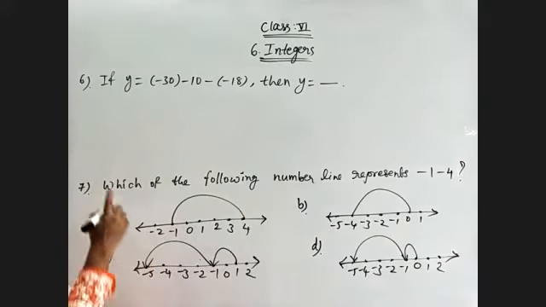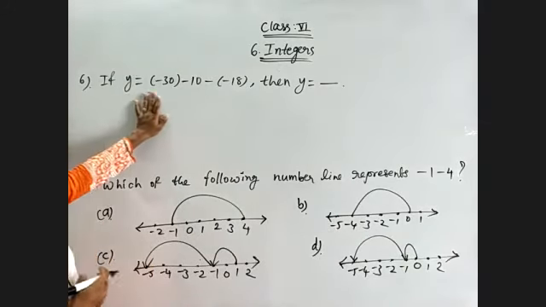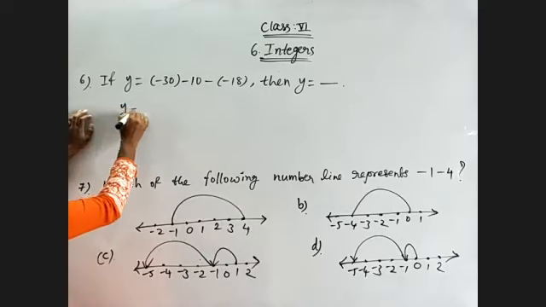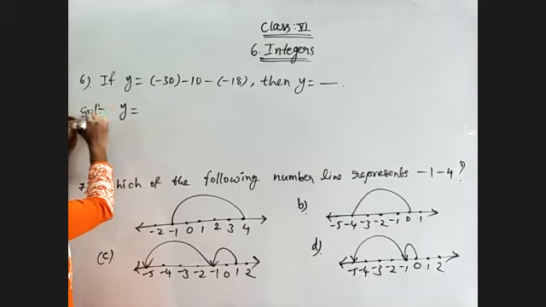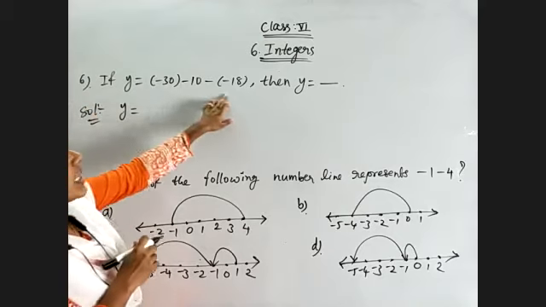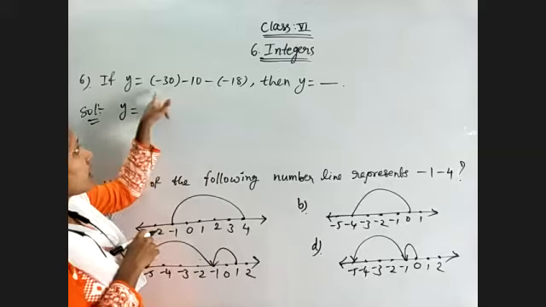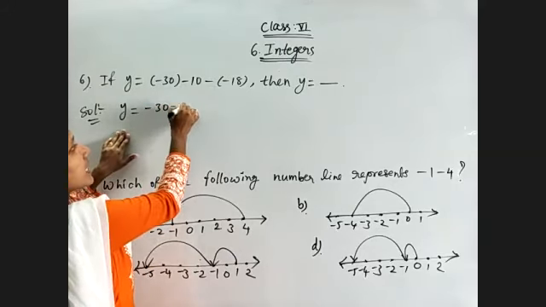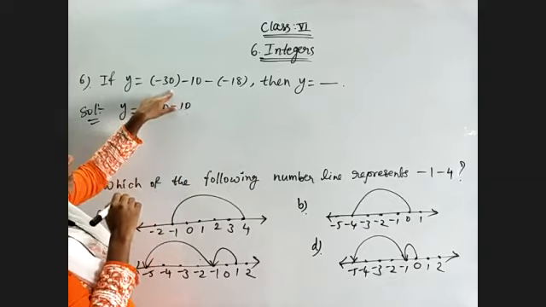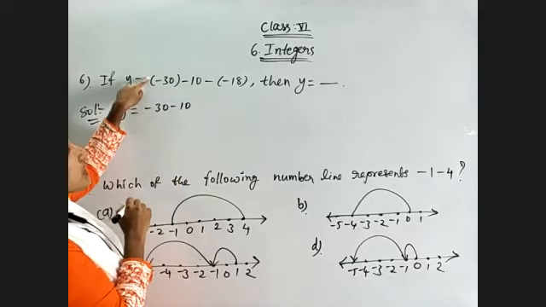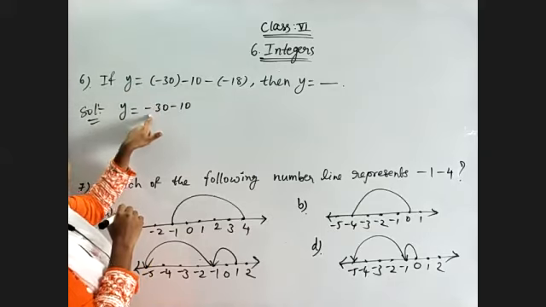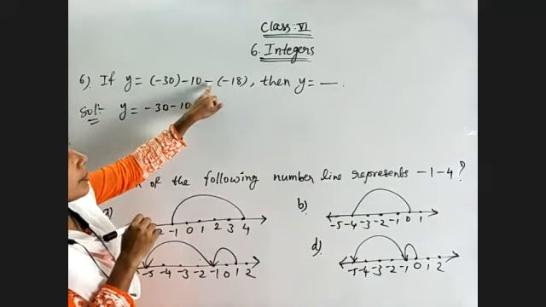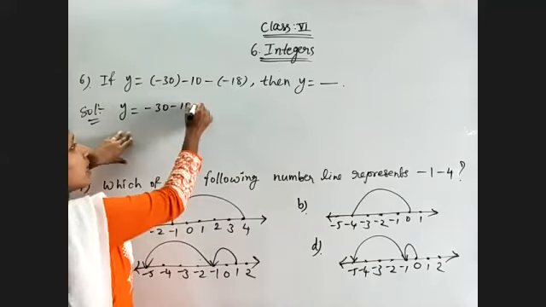Okay. Observe the first problem. They have given sum of the expression. We need to find out y value. So y is equal to, between every integer we have minus 10. First of all, remove the bracket. So first thing, minus 30 minus 10. Now I have removed the bracket. Before this bracket we have plus only. So plus into minus, minus means minus 30 only we will get. This is minus 10. Now minus into minus plus 18.